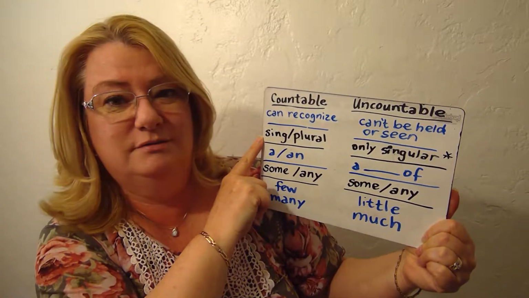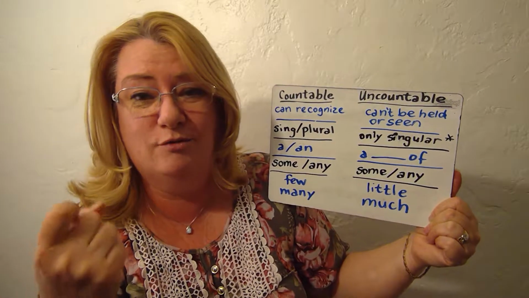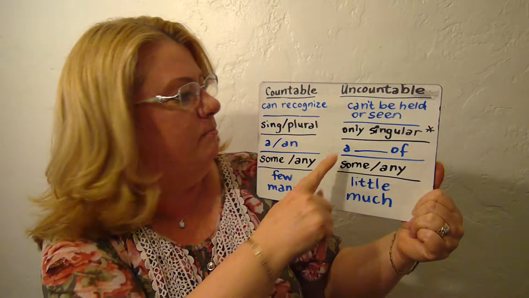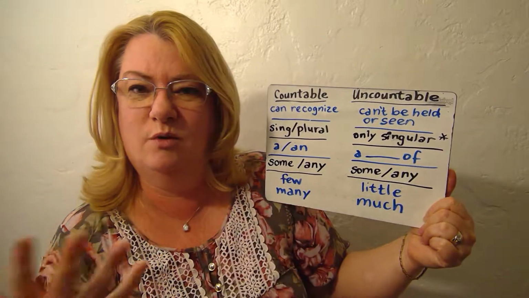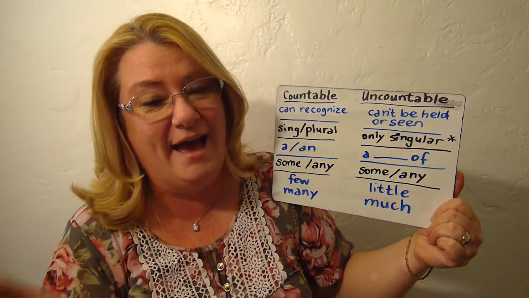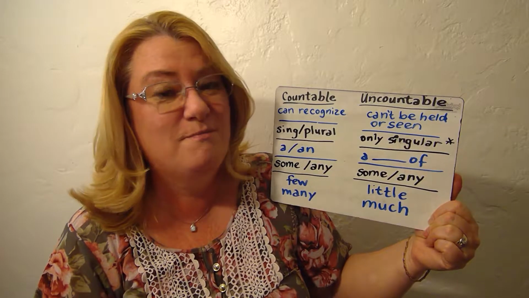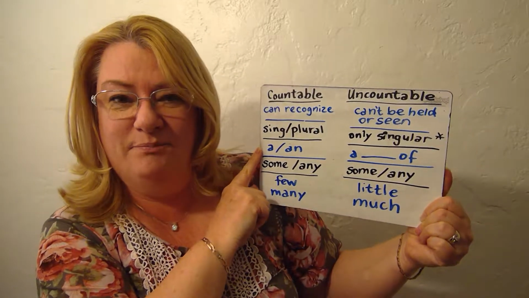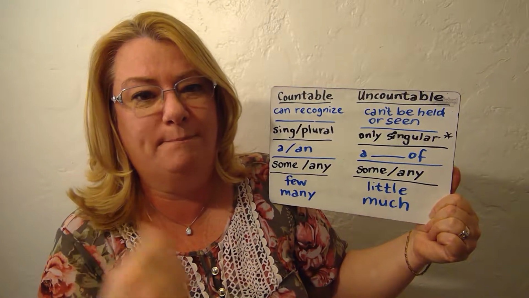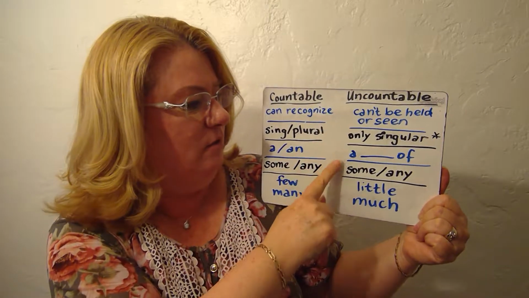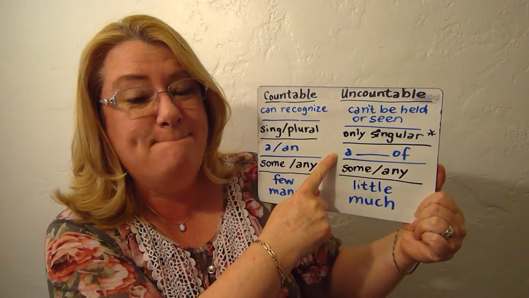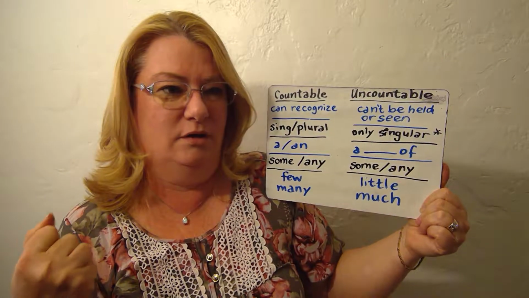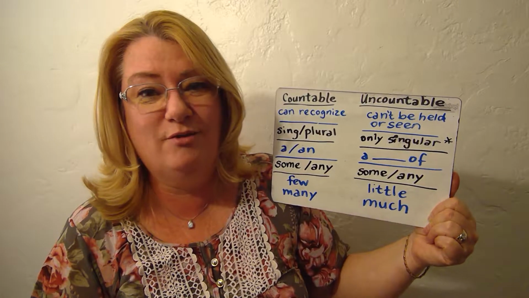Singular and plural tends to be your countable nouns. 1 onion, 2 onions. But it's usually only singular when we talk about garlic. You need to add garlic to your cooking. You can use a and an, which are ways to count as 1. But when you do an uncountable, you need to say a blank of, such as our nouns that we just